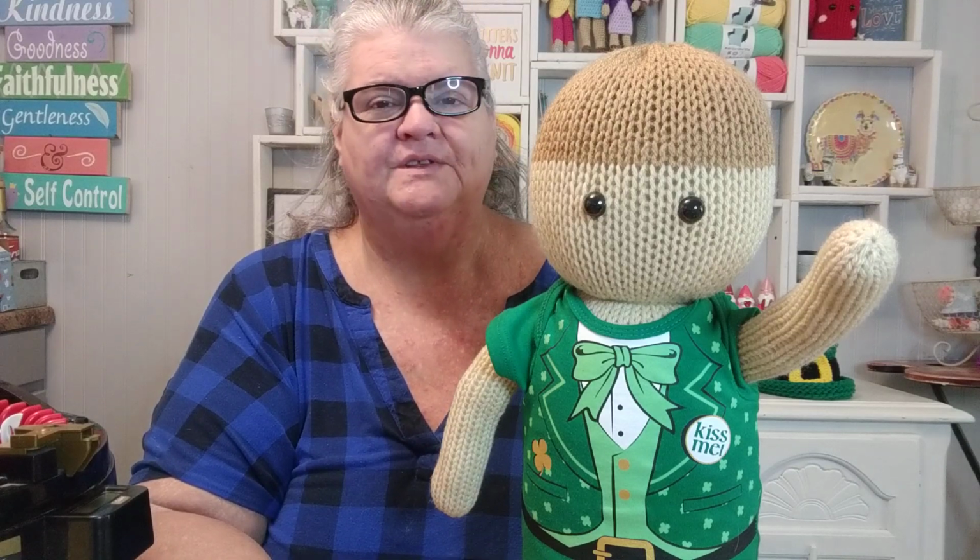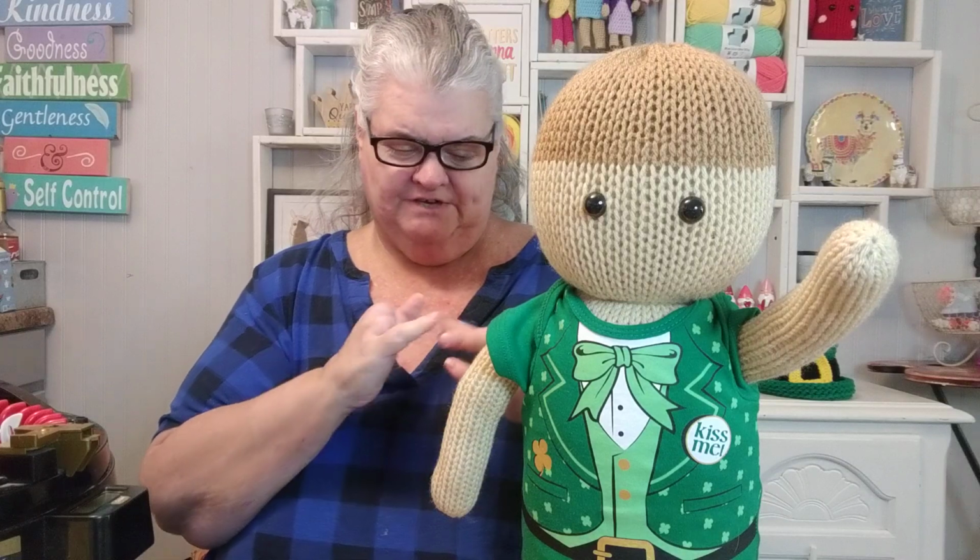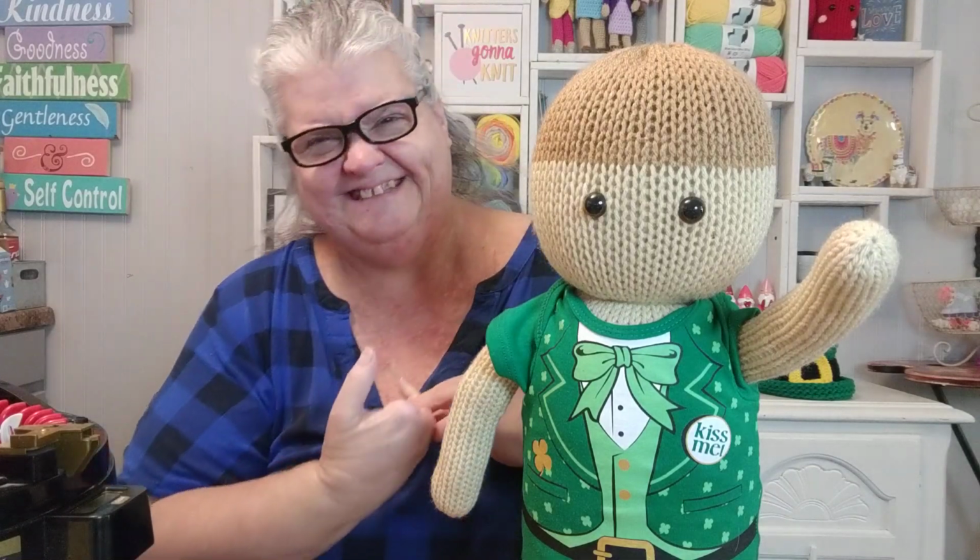The one night that I could have sat and crocheted over at my mom's, I took my bag and my blanket that I was working on and everything. I forgot my crochet hook at home, and I was looking at my pinky like, can I crochet with that? But it wouldn't have been the right size. So anyway,